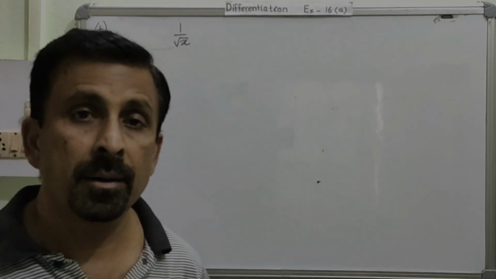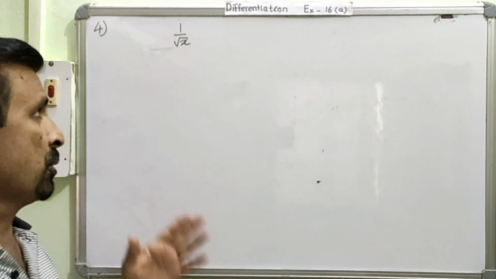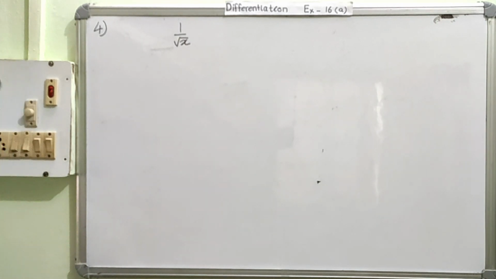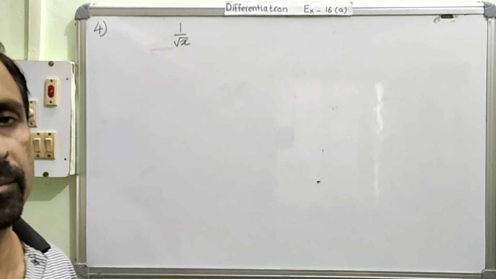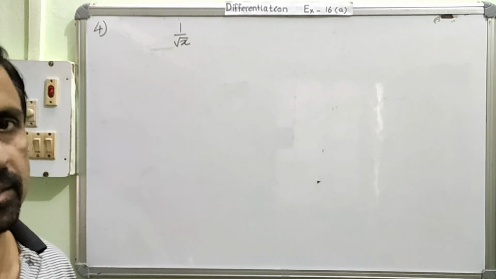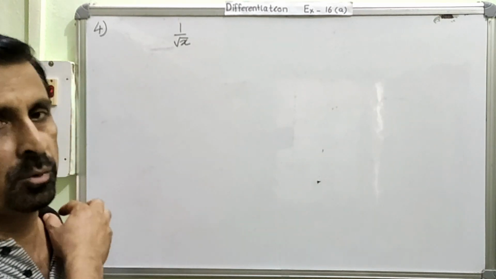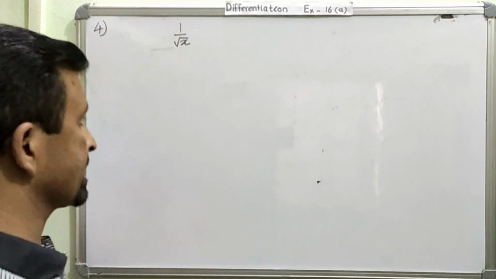Okay. Now, this is question number 4. A different type of question. Here it's a radical question. A number with a root sign is called a radical number. A number with a radical sign, a number with a root sign, is called a radical question. So we will now learn how to solve this type of radical question. Okay. We will follow the same steps.